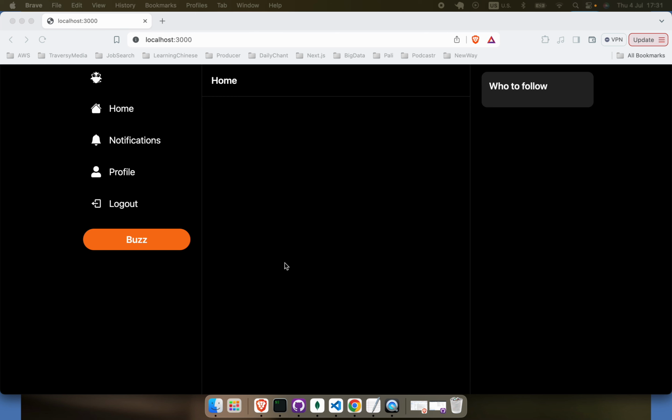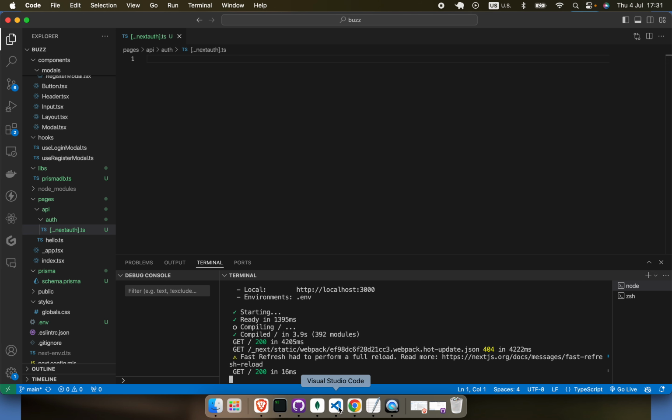Import bcrypt from bcrypt. Import NextAuth from next-auth. Import CredentialsProvider from next-auth/providers/credentials. And import curly brackets prisma